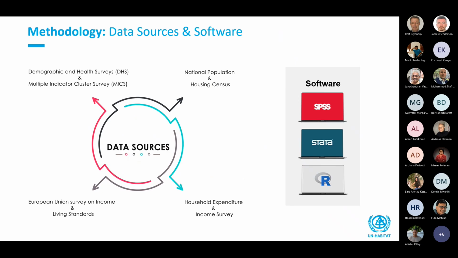The data sources, MICS of course, is a very important data source. We use DHS. What we've seen is the most important data source here is the housing and population censuses, because they allow us to go deep down to disaggregate data to the highest level possible. Currently, we've been supporting countries to actually measure this indicator for specific cities and urban areas